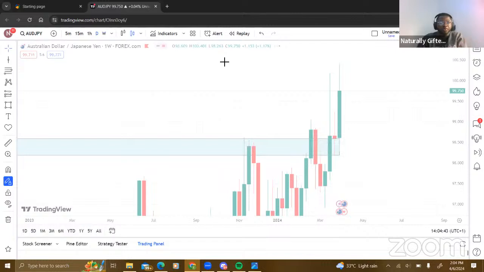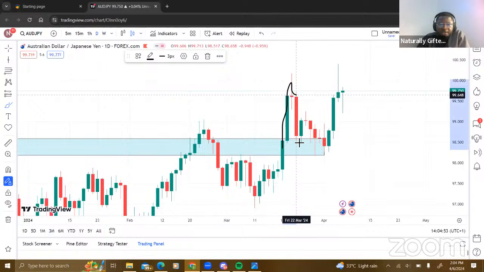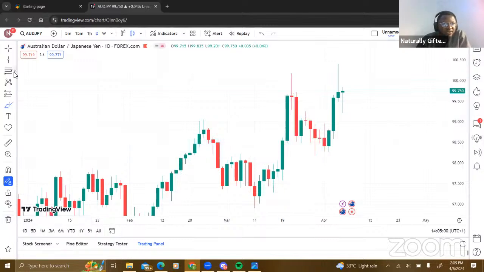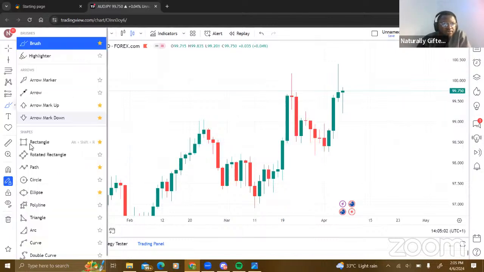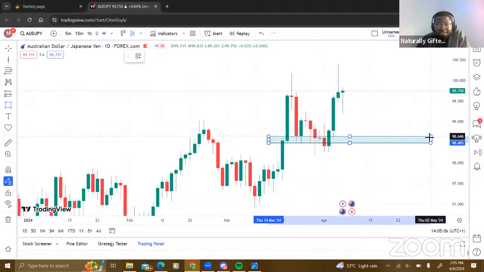But when you bring it to the daily time frame, you understand it better. Now, price broke this zone. Came here. Look at it. The price made this break. It dropped here, pulled up. It's enough reason for you to want to classify this particular area as a reversal zone.